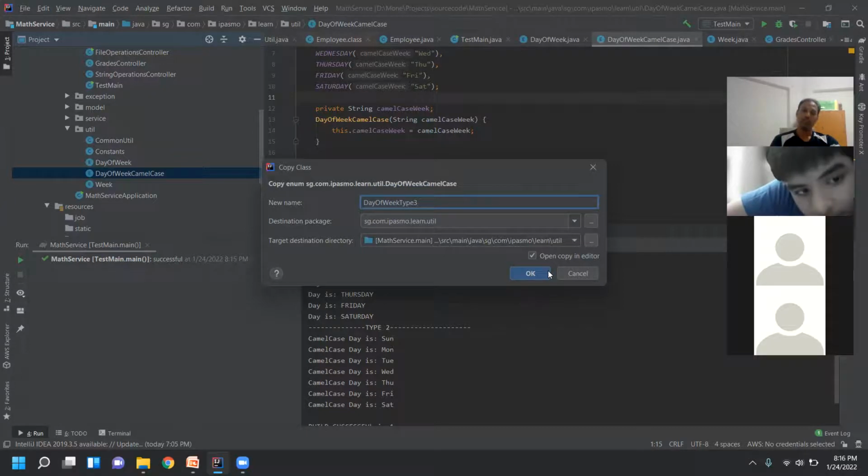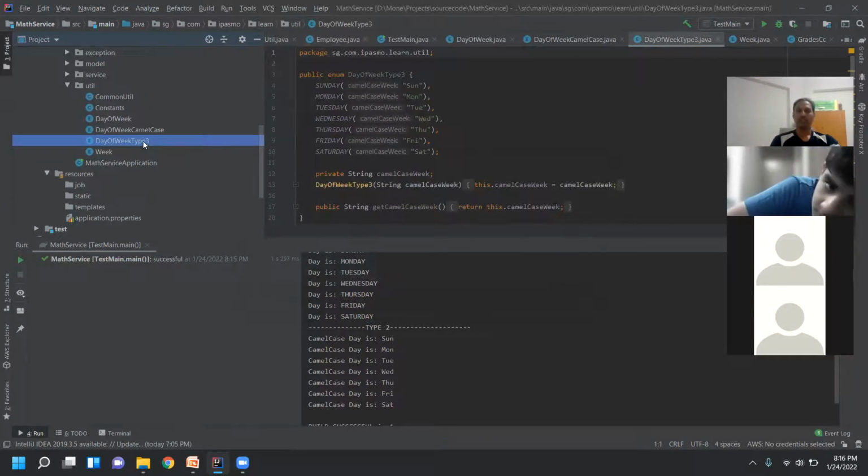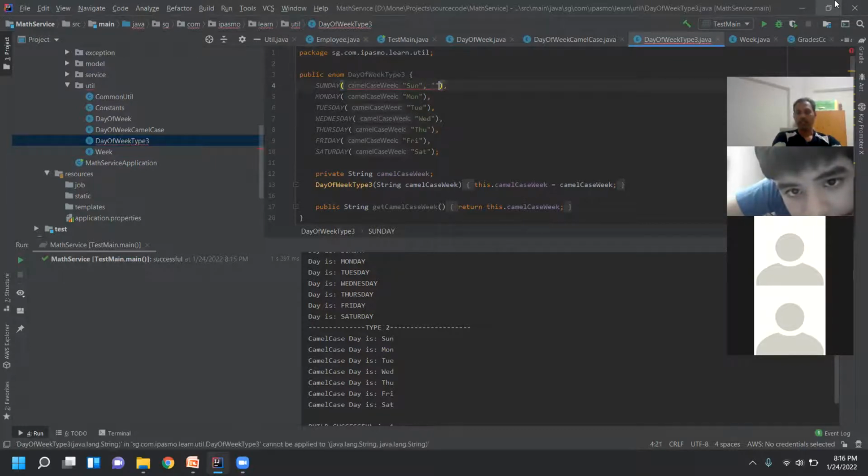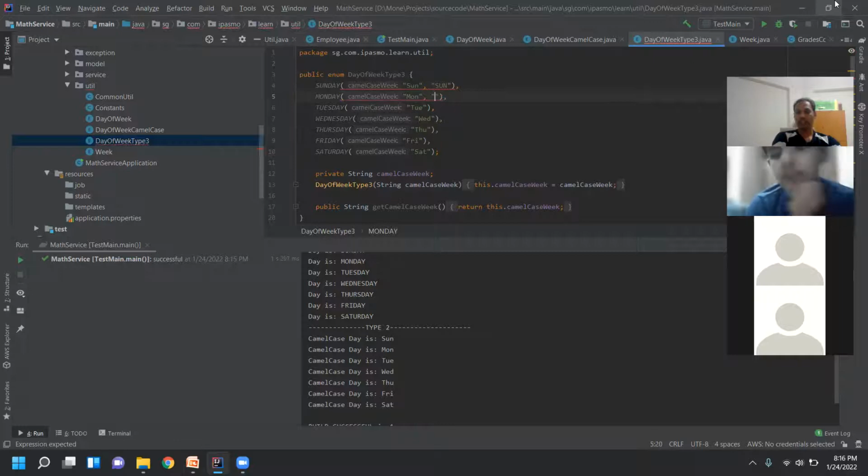So in type 3, what we are going to do is, some people want to represent in 3 letters like this, right? And some other people want to use 3 letters but in capital. So I'll show you multiple options, how to initialize. Monday, Tuesday,